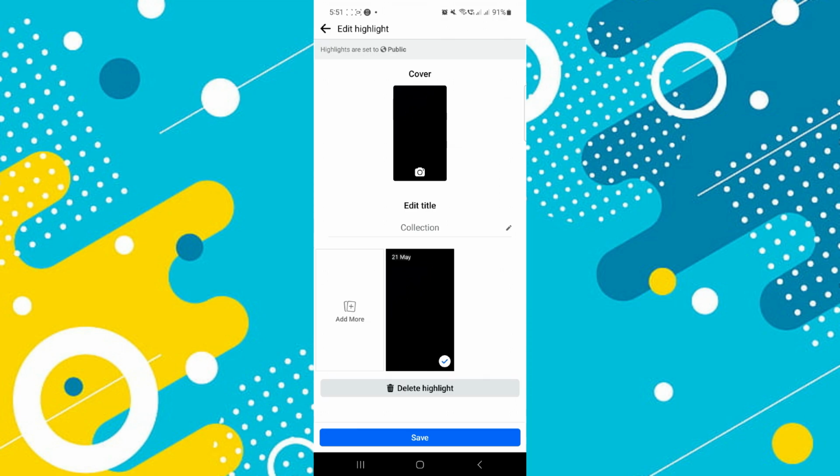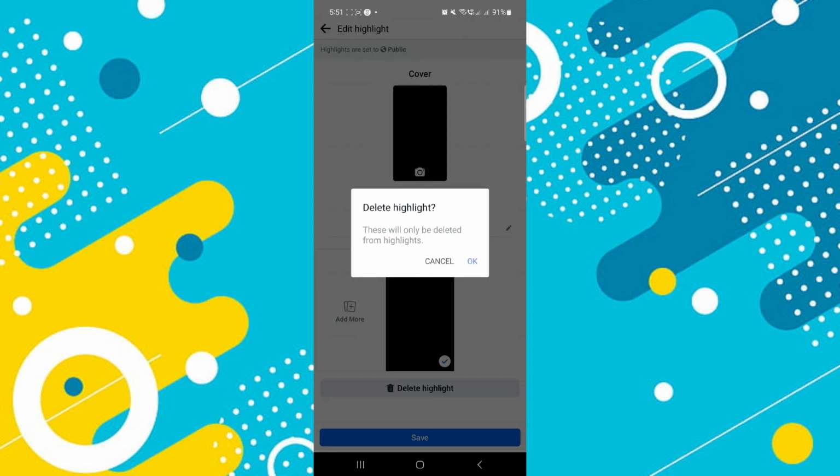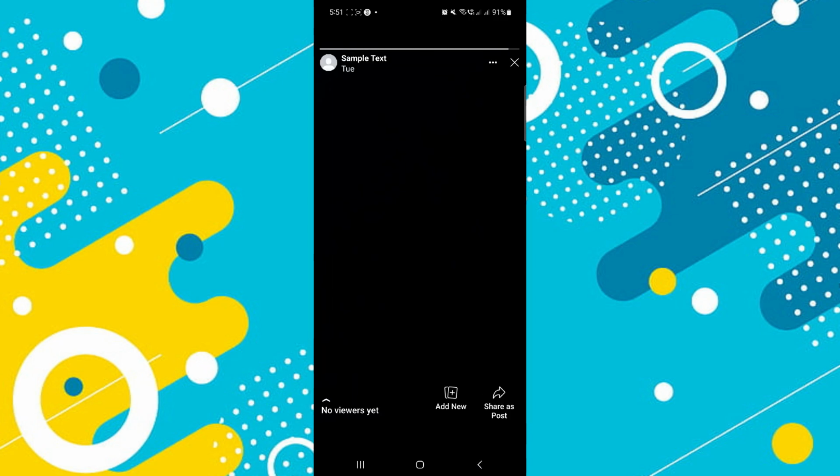And as you can see, currently my feature is set to public, and here is no option to change this feature privacy to only me. You can delete your feature collection. To hide it, go to your profile menu,